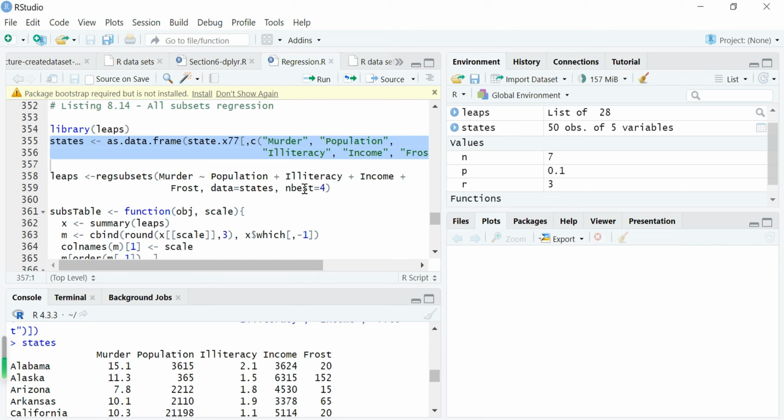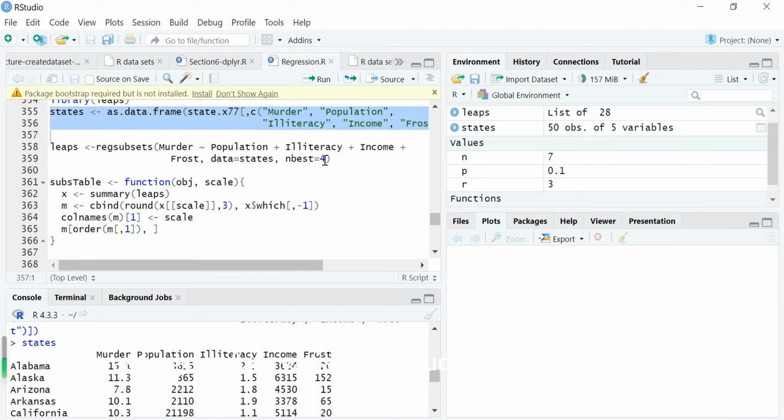So here it is possible, which means as many as 4 variables included in the best model. So we will use all these 4 variables in the test of the model. So we just run this function,